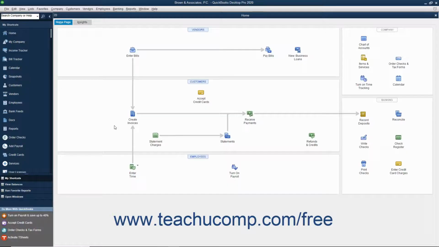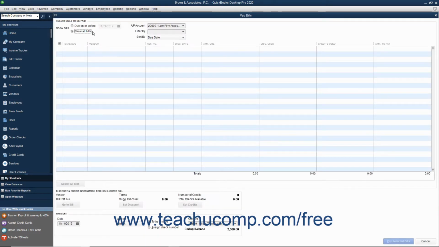www.teachucomp.com/free. In this lesson, we will examine how to pay bills from the client's trust account using the Pay Bills window. If you need to review paying bills, please read the lesson titled Paying Bills in Chapter 12 of this tutorial. To start the process, select Vendors, Pay Bills from the menu bar within QuickBooks to open the Pay Bills